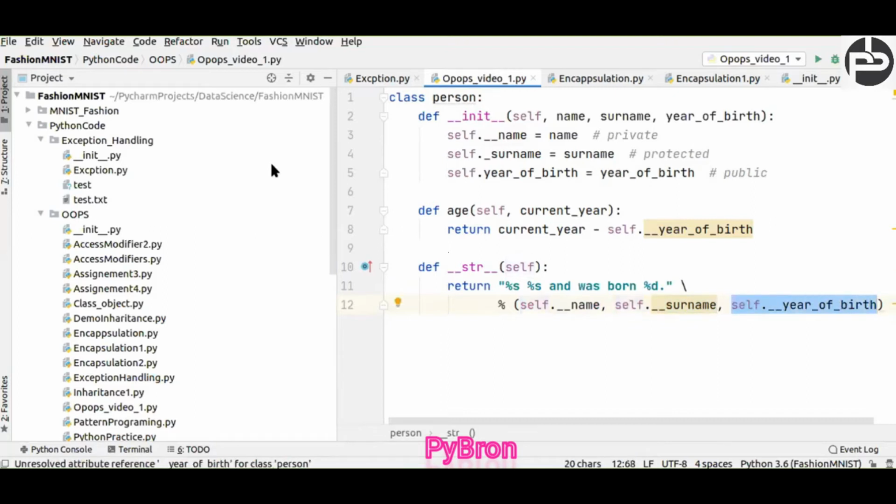Suppose I give the name Rajesh Thakur: the first name is Rajesh, the surname is Thakur, and the year of birth is 1996, 1995, whatever you want to give. So we have defined our Person so far.